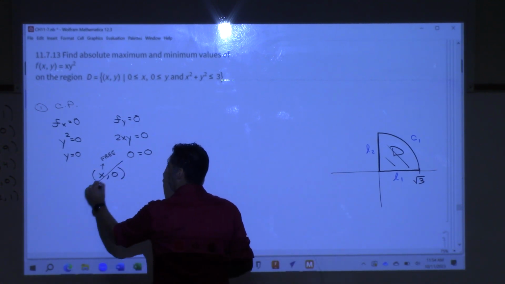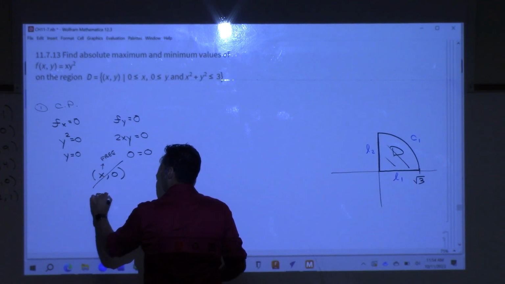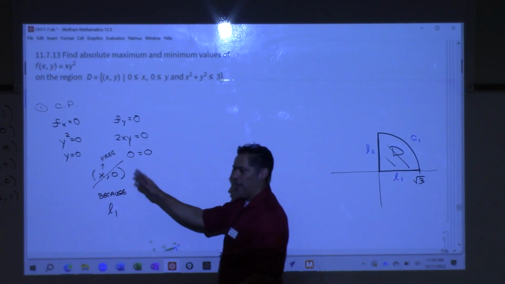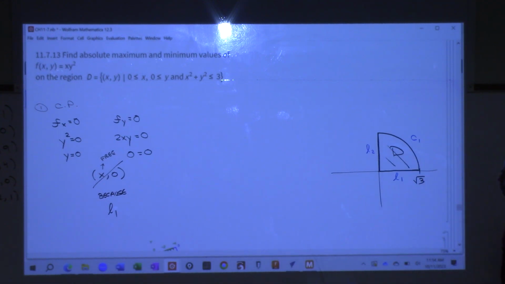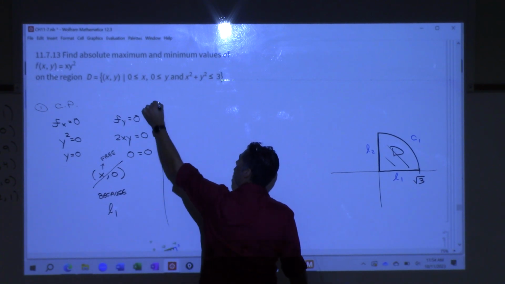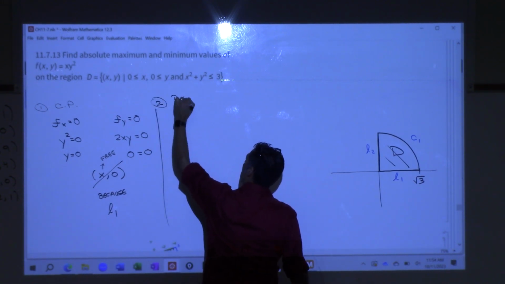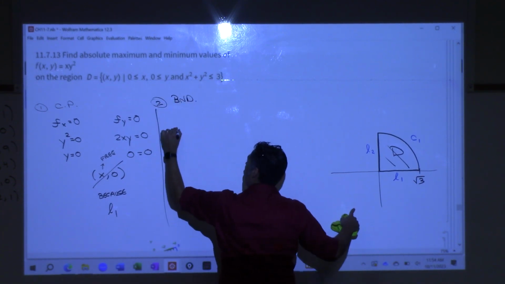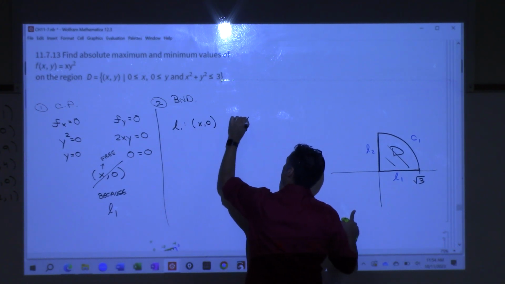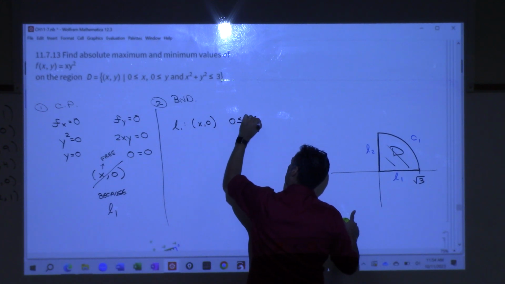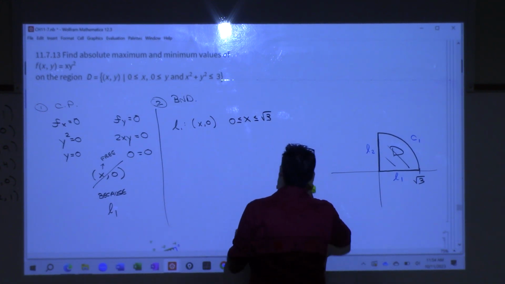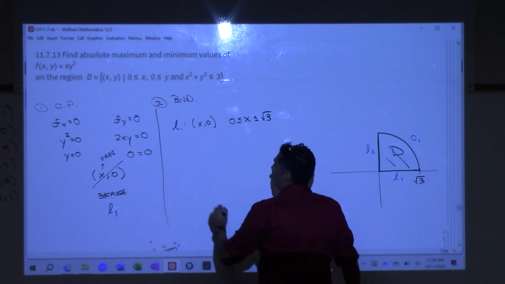So not considering this because L1, right? We'll cover that case. All right, let's do L1. So now we're going to move along the boundary. BND, boundary. So L1, anywhere along L1 looks like x0, except there's a restriction. X has to be between, what, 0 and root 3? Okay. All right, what happens if you plug